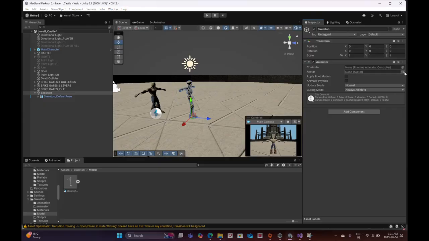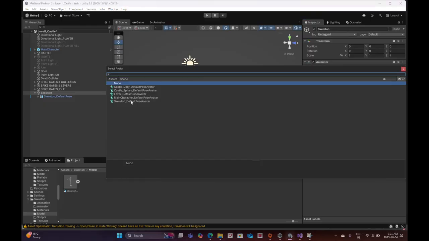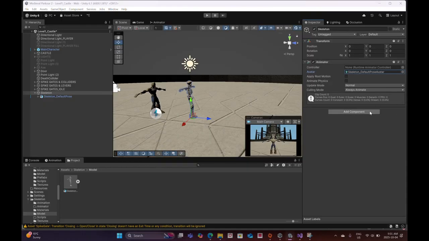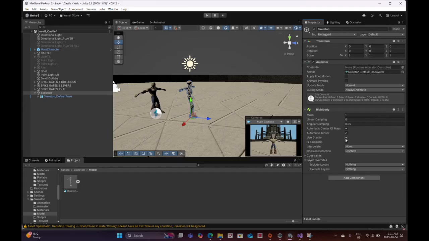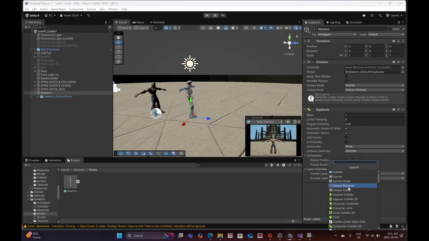animator, set the avatar to skeleton. I'm going to create a rigid body. Not going to use gravity. I'm just going to use this to script the movement. Freeze rotation, and I'm going to add a capsule collider,